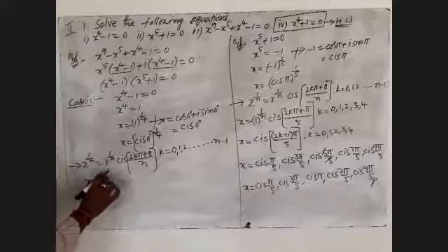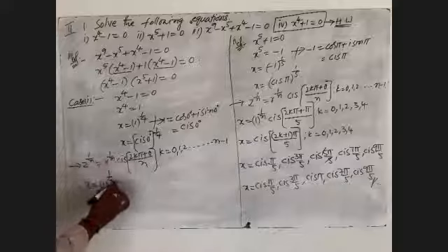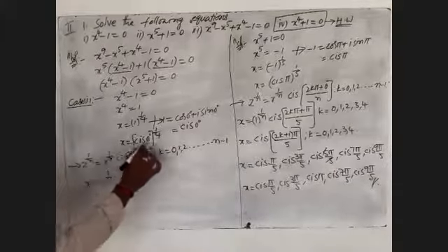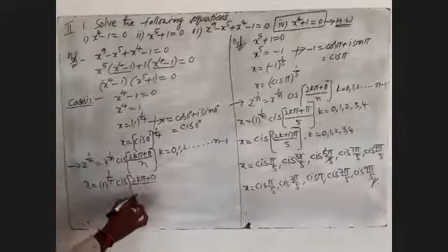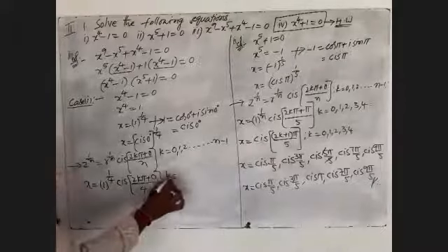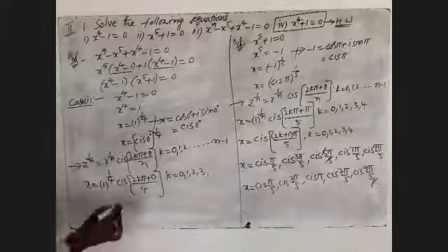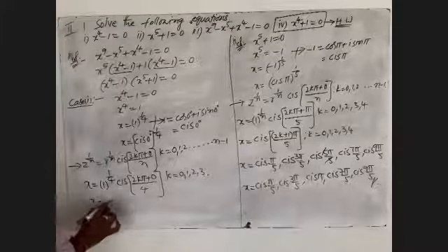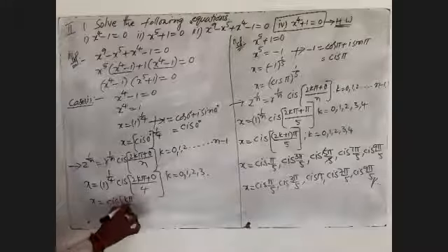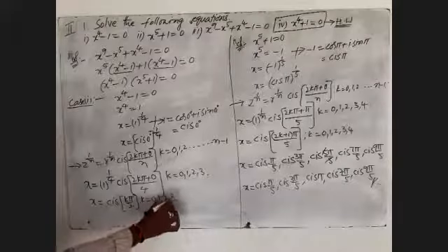There is no r value, means 1 power 1 by n, where n is nothing but 4. Remaining we have to write cis of (2kπ plus θ) by n, where θ is 0 degrees and n is 4. N is 4 means n minus 1 is 3, so I will write k equal to 0, 1, 2, 3. Expanding this, x is equal to cis of 2kπ by 4, which is nothing but kπ by 2, where k is 0, 1, 2, 3.